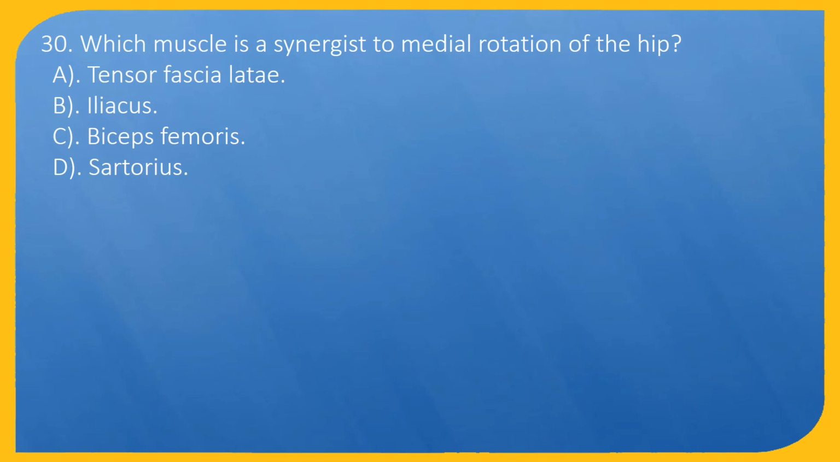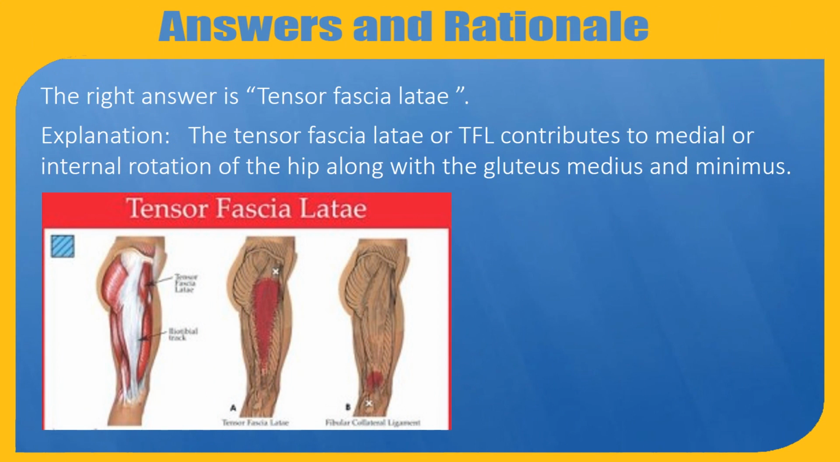Question 30. Which muscle is a synergist to medial rotation of the hip? A. Tensor fasciae latae. B. Iliacus. C. Biceps femoris. D. Sartorius. The right answer is tensor fasciae latae. Explanation: the tensor fasciae latae, or TFL, contributes to medial or internal rotation of the hip along with the gluteus medius